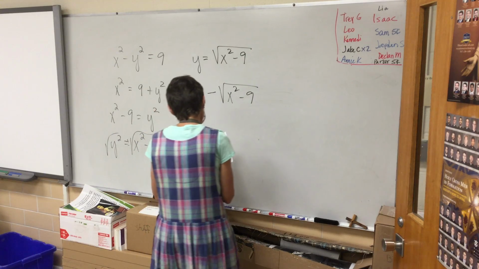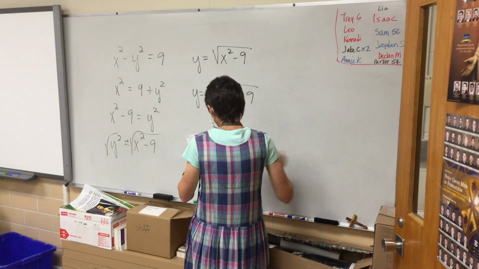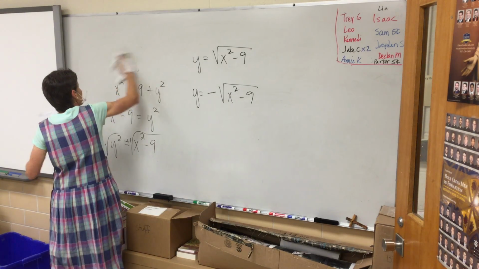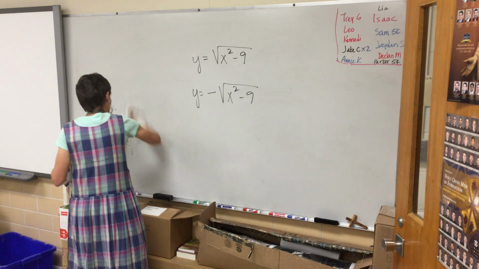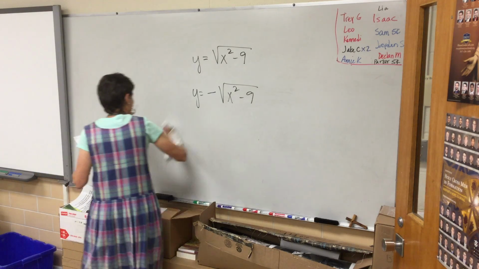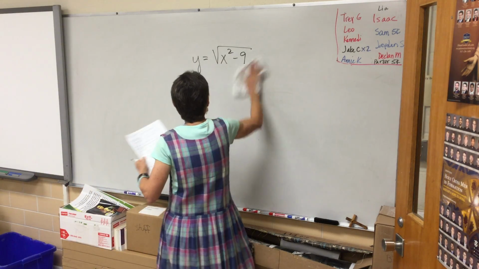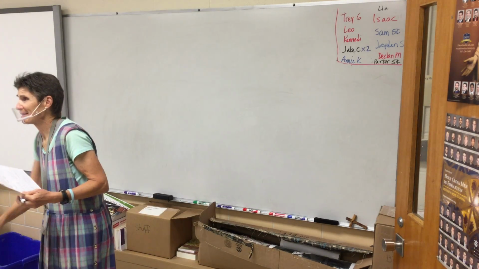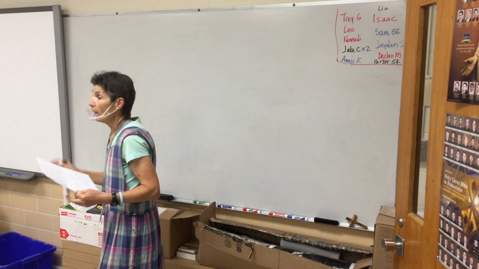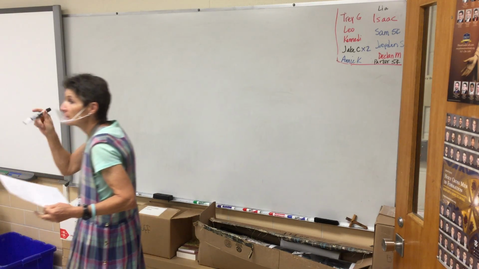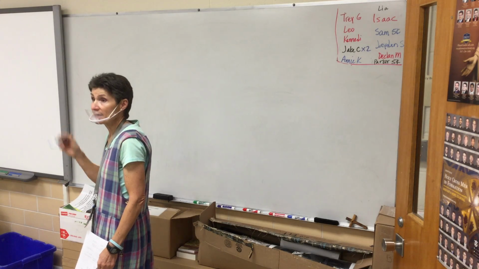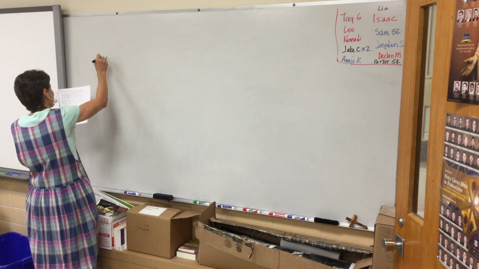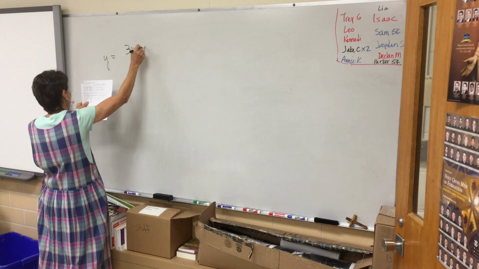Find the holes, asymptotes for all of these. Okay. All right, so first of all, let's pause for a second. Where do holes come from? How do I get them? We have to cancel, right? We have to cancel. So if you can't cancel, and I am looking at the first problem here,